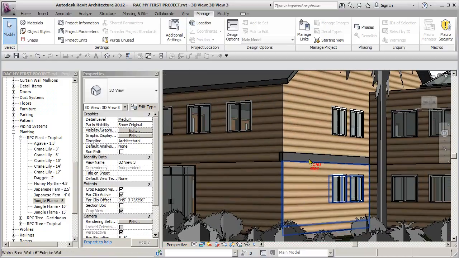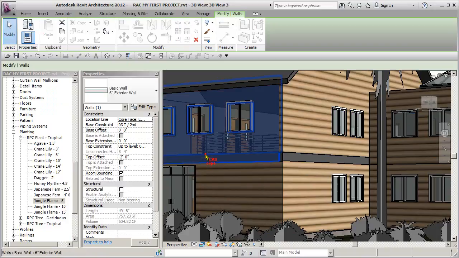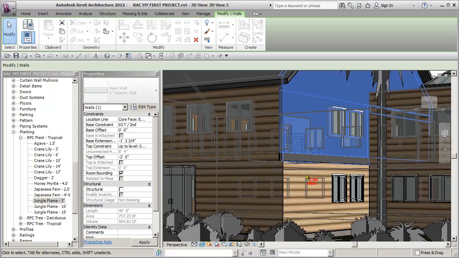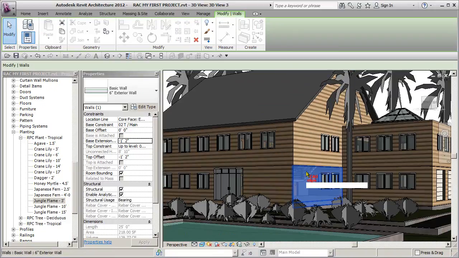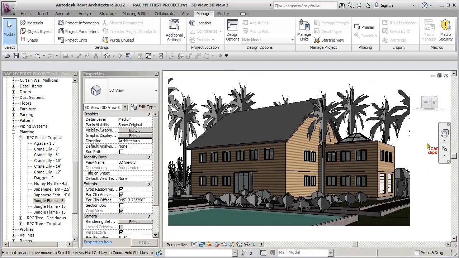Okay, now I just noticed it looks like this wall needs to have that offset. Watch, if I pick on here, this has base extension offset. Watch, Control C copies that to the clipboard. Pick on this wall, take this, Control V, bink, all from a perspective view. Zoom out. Look at that. Okay, now